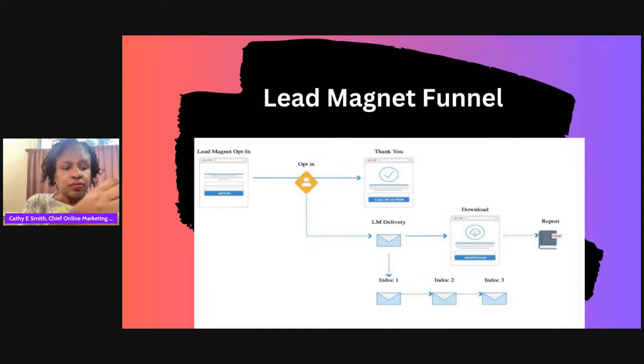But there's also lower ticket products. So for instance, I'm not going to offer the mastermind all the time. So that's going to be one funnel. And that's only going to be maybe once or twice a year because it's 12 weeks. But I will offer, right now, the launch date is July 4th, to open an e-commerce store or digital shop, and there will be